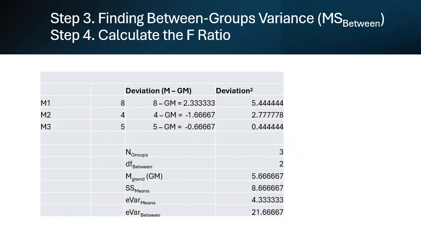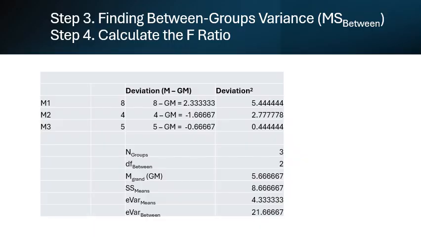So this is the calculation example for the between groups variance. MS between, or here I'm calling it EVAR between. We can see we have the 3 means listed here. The mean for group 1, those people who saw that the defendant had a criminal record, the mean for group 2, who saw that she had no criminal record, and the mean for group 3, who were told nothing about her criminal record. So we've calculated then the number of groups. We have 3. The DF between is 2. The grand mean is the average of these 3 means,